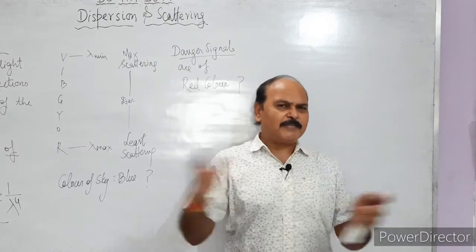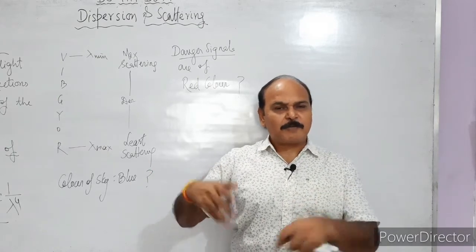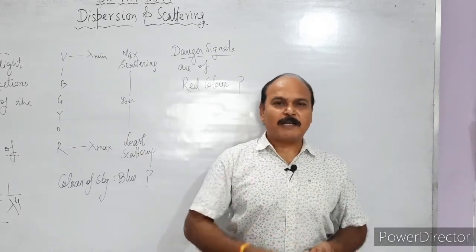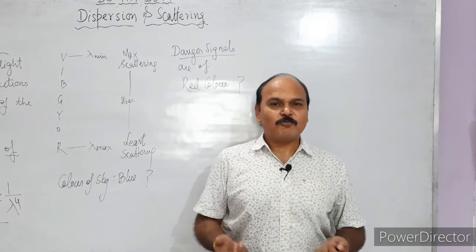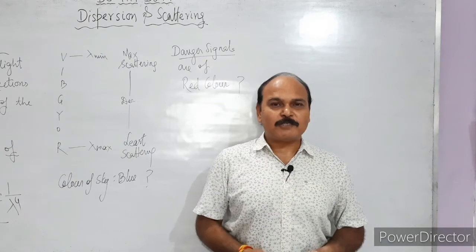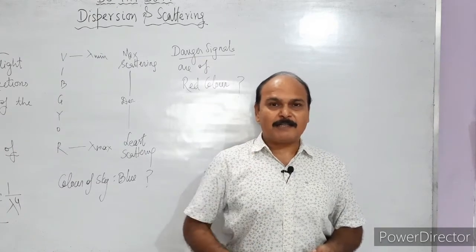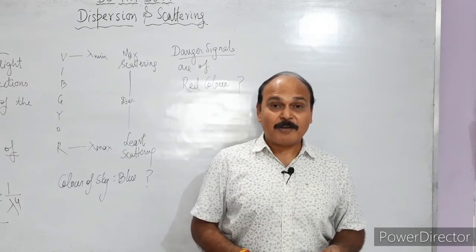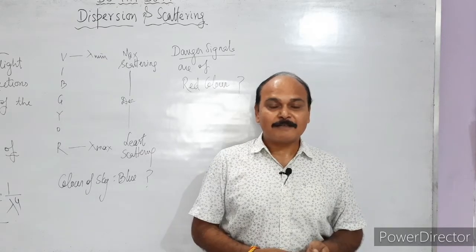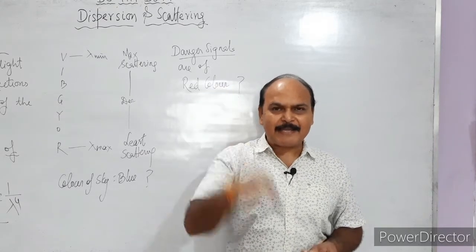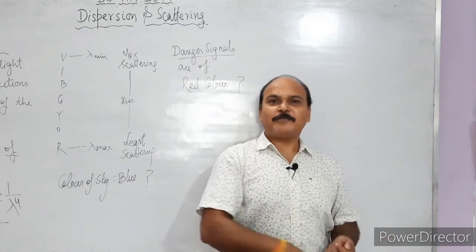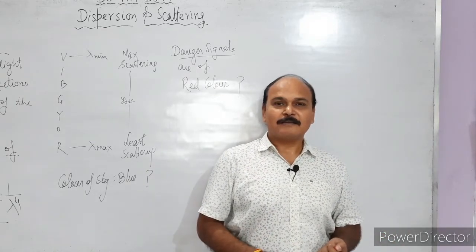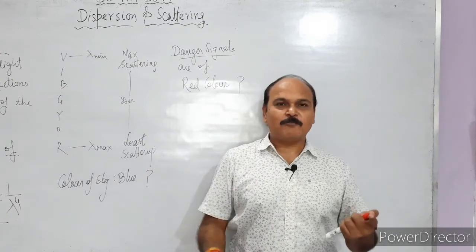If we look at any of these colors in the light of some other color, suppose we want to look at red color in the presence of green light, what will be the color of red visible to us? It will appear to be of black color. If you try to look at any color in the presence of any other color, it will always appear black. Red color in presence of green light would appear black.